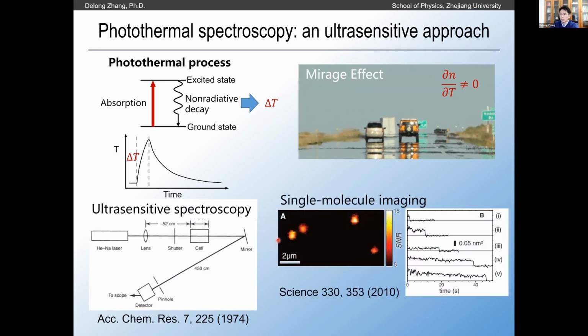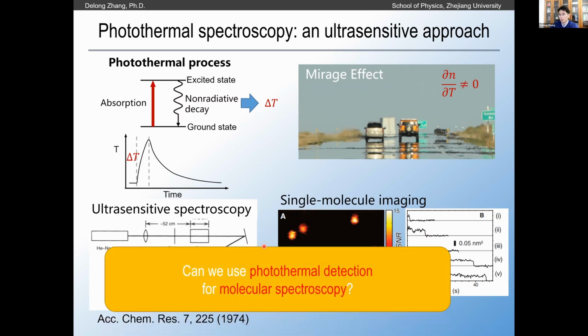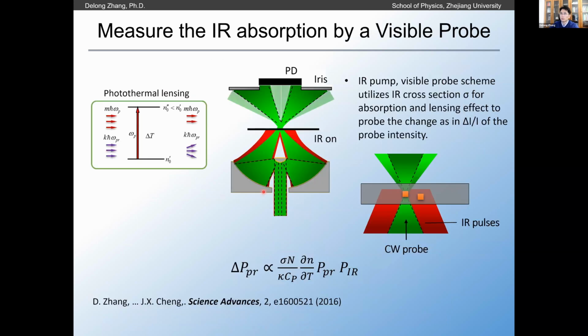And recently, including Professor Orit and other groups, has applied this to high sensitivity imaging, up to single molecule sensitivity. So I think this question is now obvious: we sure can use photothermal detection for molecular spectroscopy. And this is where I, working with Professor Jixin Cheng back at Purdue University, developed this technique called mid-infrared